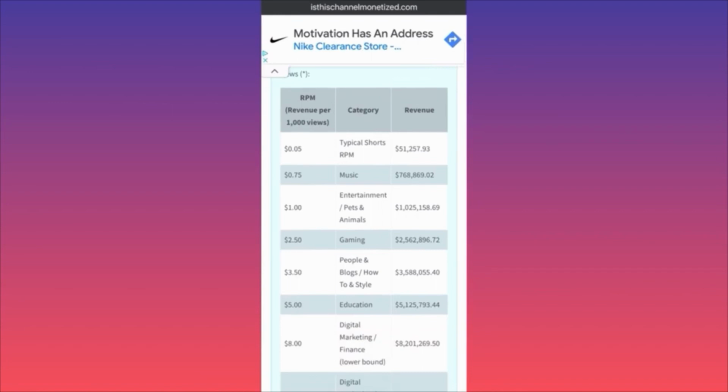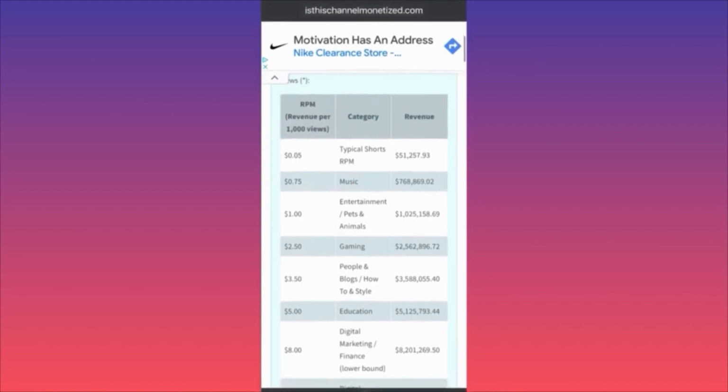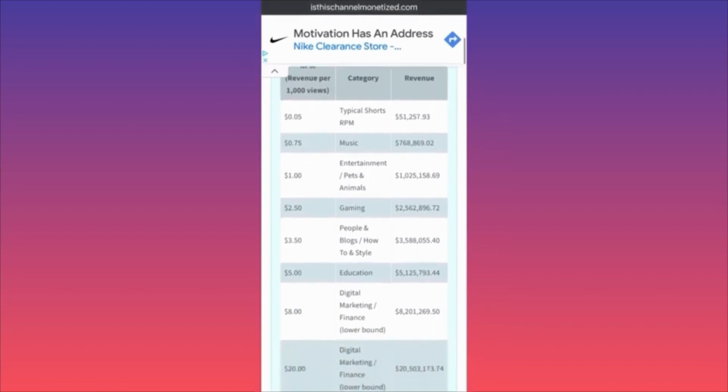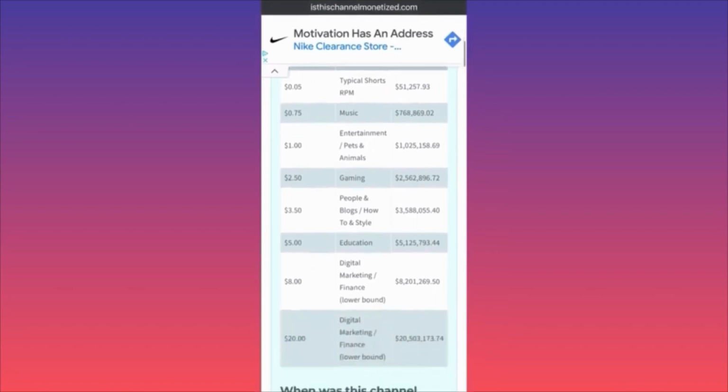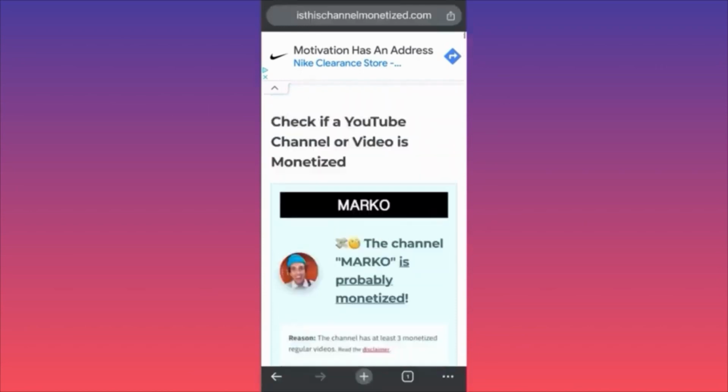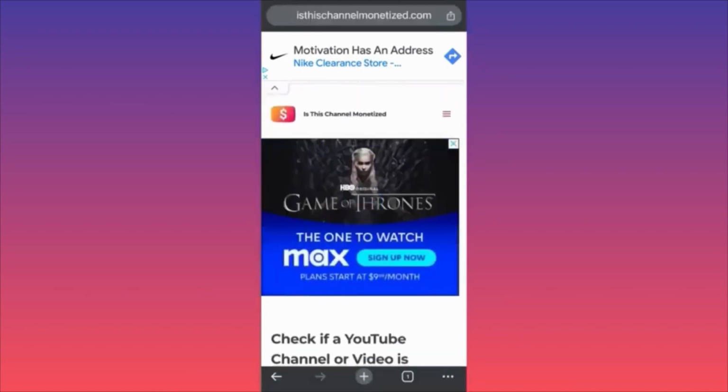That's a lot of money. And this is simply with different RPMs. And you know, the videos could vary between the categories as well. Interesting. But guys, this is how you can find if a channel is monetized and if a channel has some